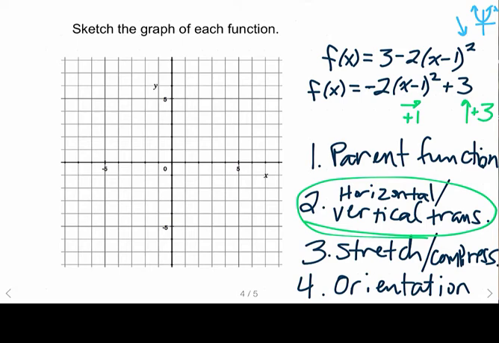And you may remember in a previous video I mentioned a handle, and for a parabola I would say it's the vertex. So what this means to me is I'm going to have a vertex at 1, 3. Then a stretch or a compression. And I see that I indeed have a stretch. It's a vertical stretch due to the coefficient out front is bigger than 1 in magnitude. And then finally the orientation, and I can see that because the 2 is negative out front, I have a vertical reflection. What I have is a graph that's going to open slightly narrower than it would otherwise because of